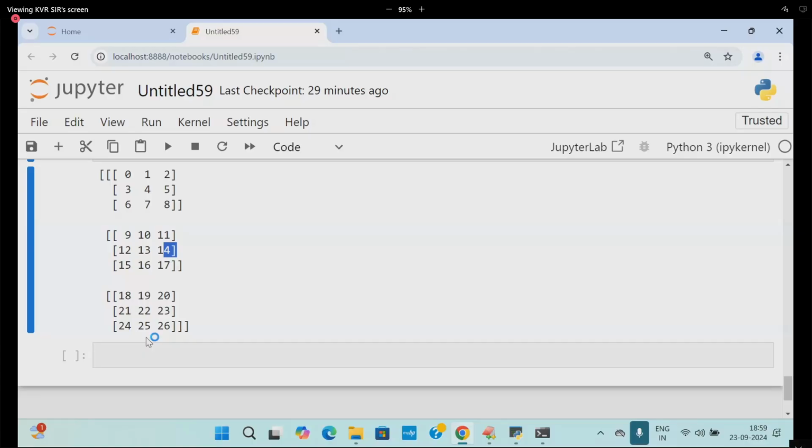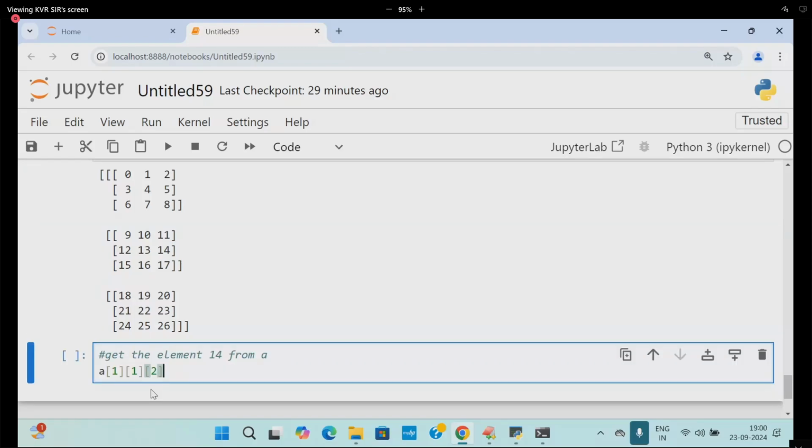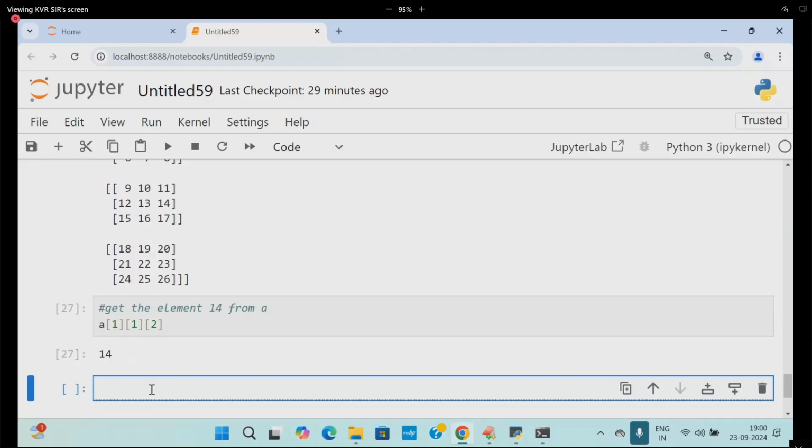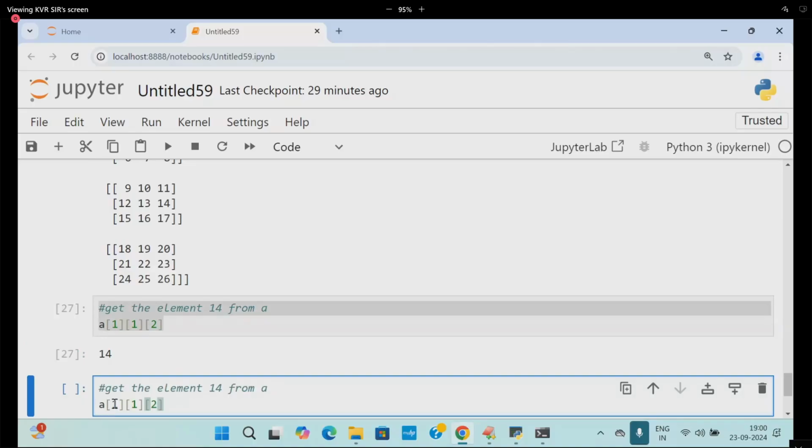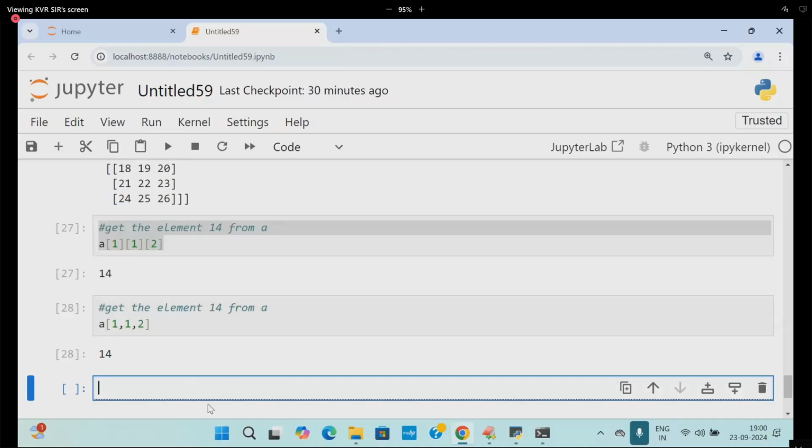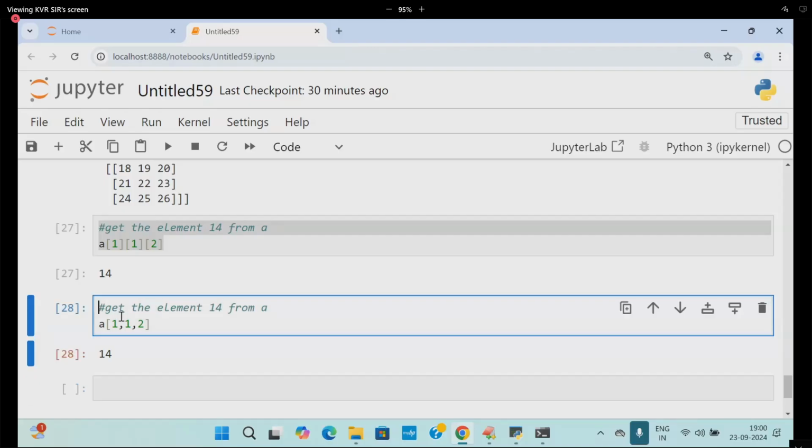Another way to write the same thing: write all at once. Here I am writing 1 comma 1 comma 2. What is it? 14. Easier? One more way you can write it. Look, students, see that.